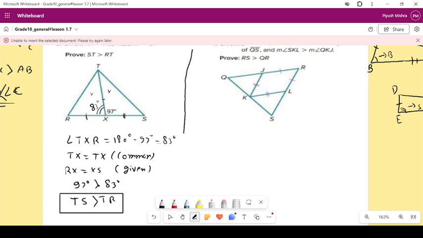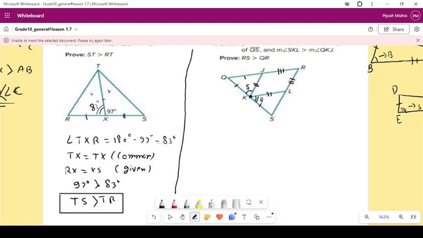Next question, we will be doing more or less the same thing. So if you see the question, it is telling this side is equal to this side is equal to this side, and this is the midpoint in the question. So because this is the midpoint, it means this side will also be equal to this side. After that it is telling in the question, if you read, that this is the big angle and this one is the small angle. I will be writing B for big and S for small.